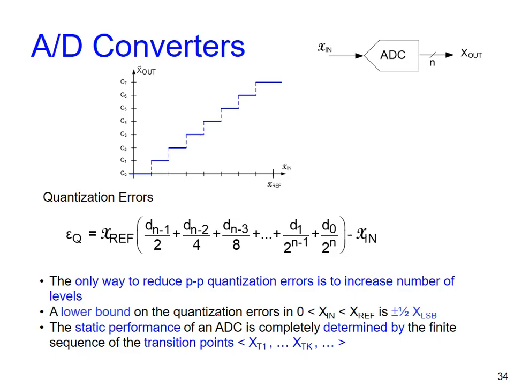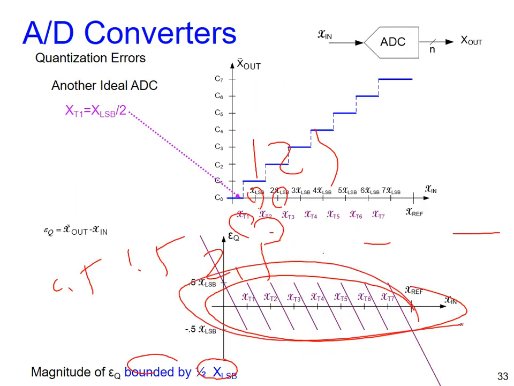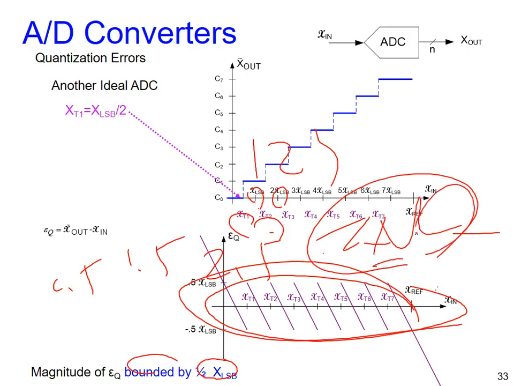INL is for static. Why we call it static? Because in theory, you can increase your input very slowly from the minimum to the maximum, very slowly. Okay, then you will get such kind of error result. That is the so-called INL. Okay, but non-linearity error, but why we call it integral? The other one is called differential. Maybe not today, but anyway, in this chapter, I will explain such kind of difference later.